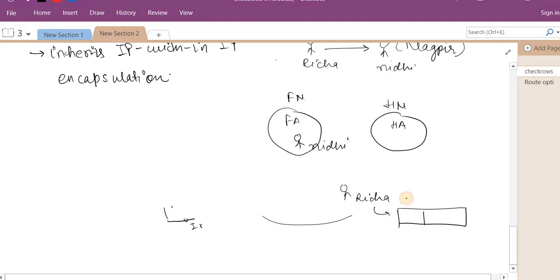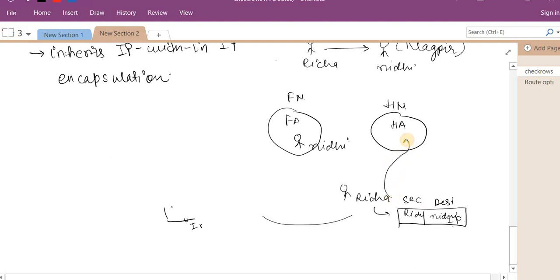The IP packet will carry the source and the destination ID. The source ID will be Richa's IP address, and the destination ID will be Nidhi's permanent IP address. Because Richa does not know the recent location of Nidhi, she has to forward the packet towards Nidhi's original IP address, that is the home address. The packet will be diverted over here, to the home agent.